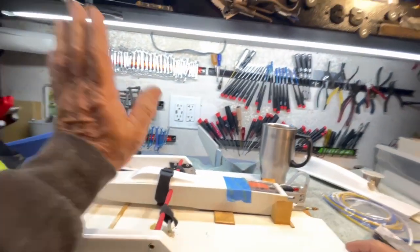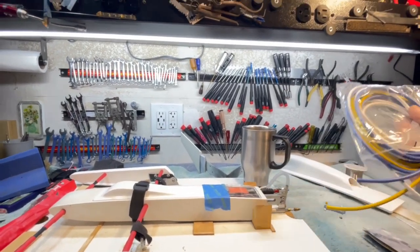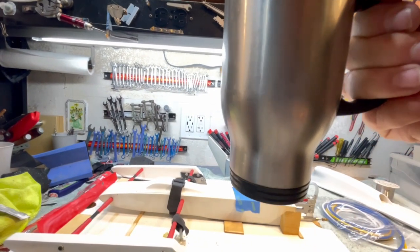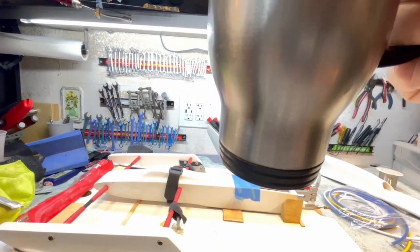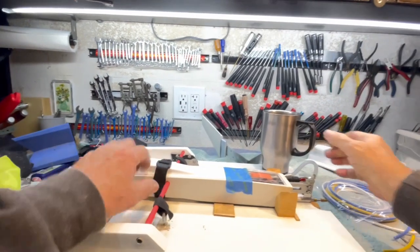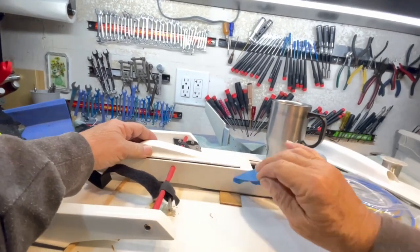So there I am. This thing, I finally got some motor wires. I had to extend the motor wires, so I wanted large gauge wires. I don't like having to extend wires, especially in electrics, with any amount of power. It's just that much more resistance, that much more weight, that much more complexity. It's not good. But